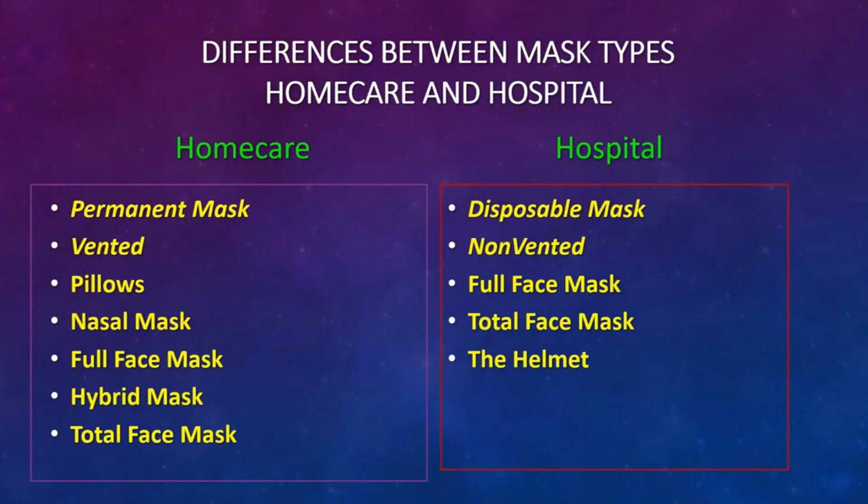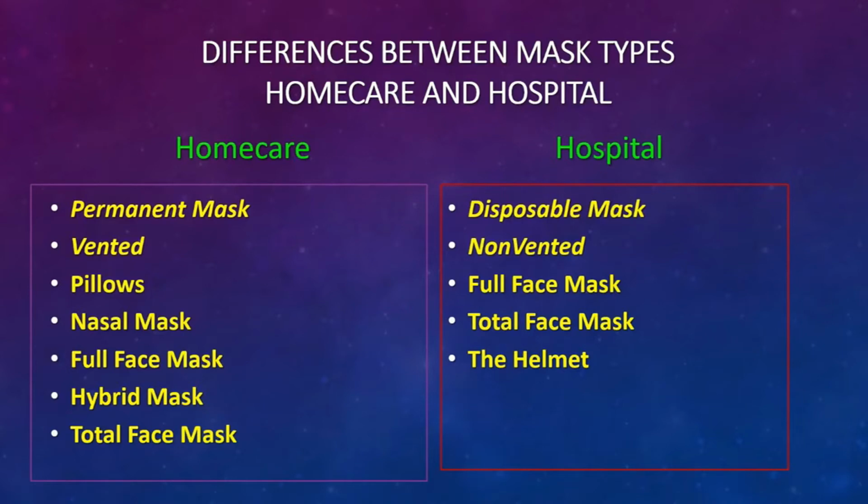Before we go into mask selection, I wanted to show you the differences between the mask types used in home care and the hospital. In home care, the masks are permanent. That means that they can be re-cleaned. The manufacturer recommends that permanent masks be replaced between 3 months and a year, depending upon the insurance company. The disposable hospital mask is meant for a single patient. It comes in a sterile package, and it is meant to be used for a few days or a few weeks